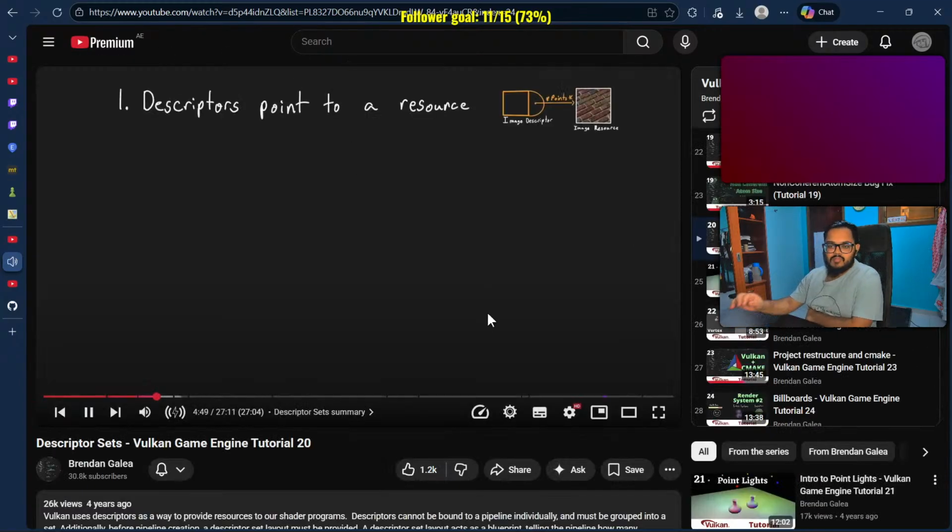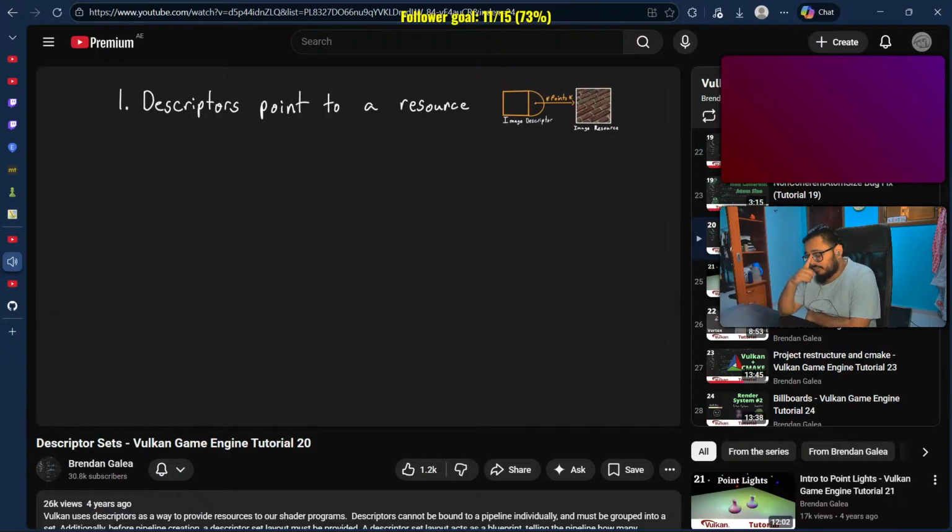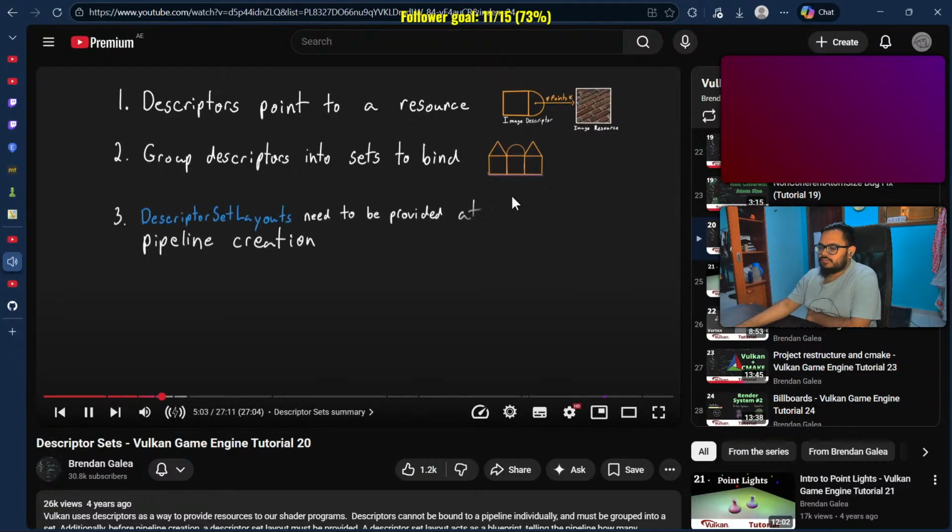Descriptors point to a resource, such as a buffer or image, and contain some additional data specific to the resource type. Descriptors need to be grouped into sets before being bound, so in Vulkan you cannot bind an individual descriptor. A descriptor set layout is